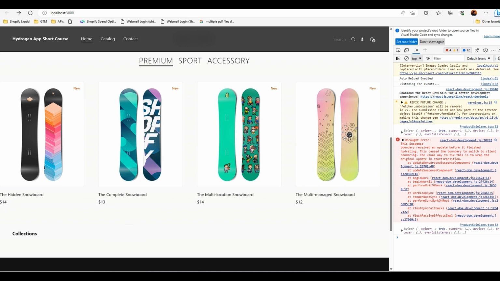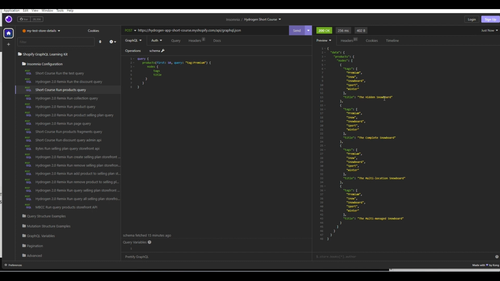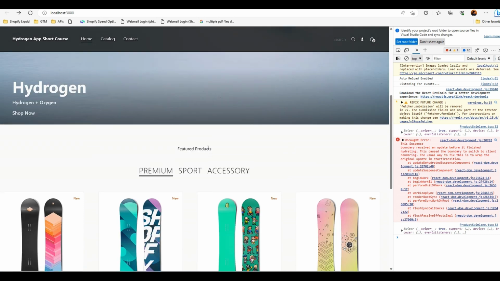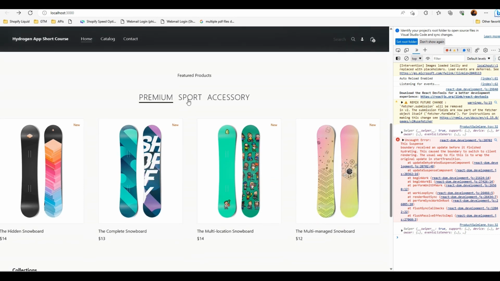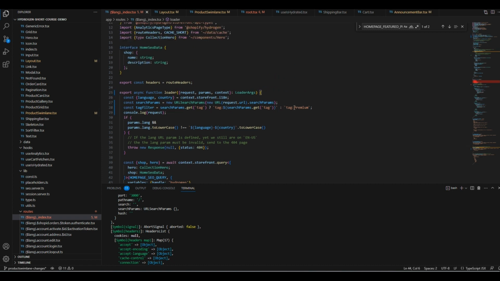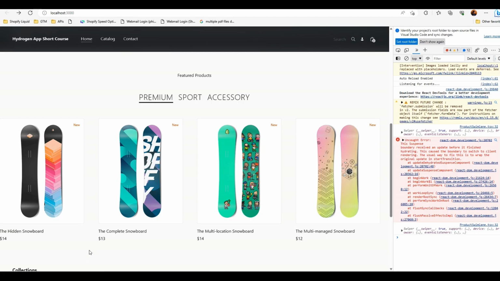The hidden snowboard. If we look at Insomnia, the hidden snowboard, the complete snowboard, the multiple location snowboard, and the multiple managed snowboard. So we're going to look here, it is the same thing, multiple location and managed snowboard. So it seems that it is filtered. So we're going to try to change it so we can understand well. And I want this premium to be changed to sports. Okay, so let's go back,